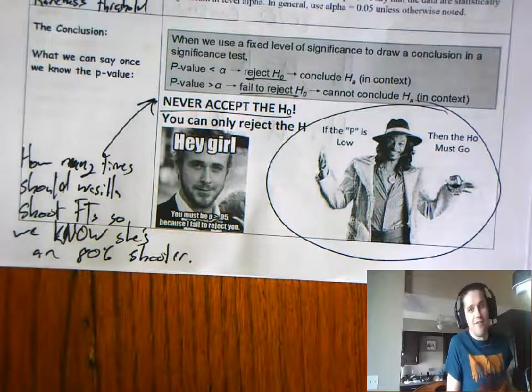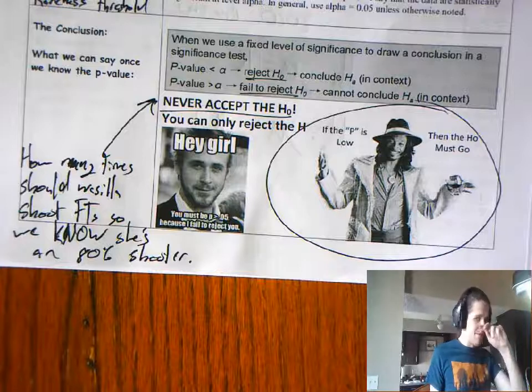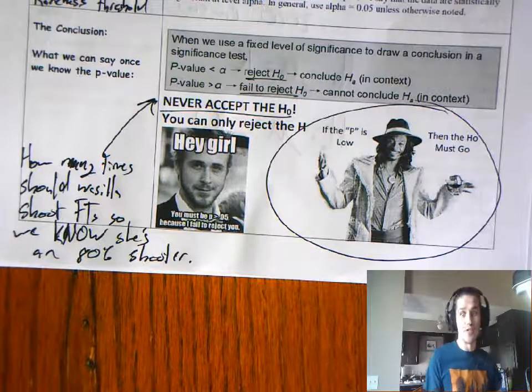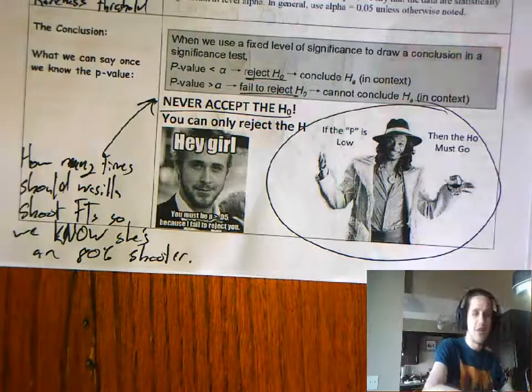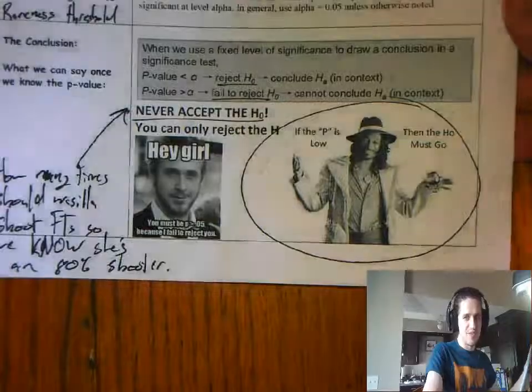What if she shot 5 and she made 4 of them? Say 80%, done? Or does she maybe have to keep shooting free throws forever to know she's really an 80% shooter? So we're never going to accept some claim. We're just going to say this claim is not very likely. Okay, so you're going to come back to Snoop Dogg